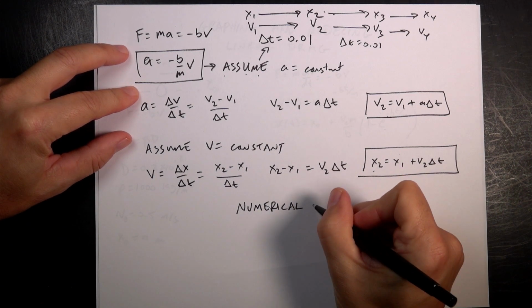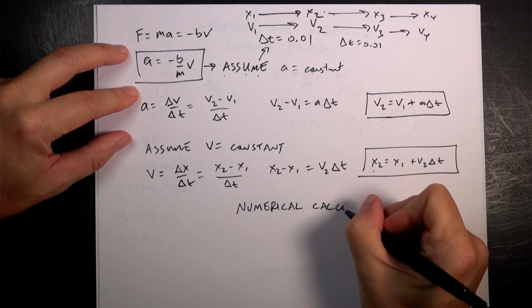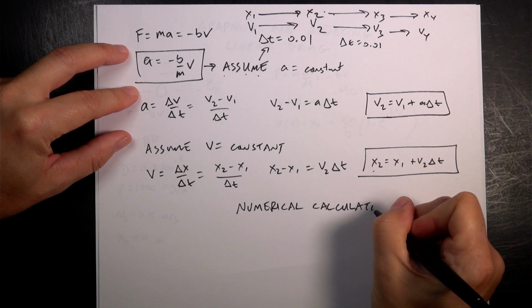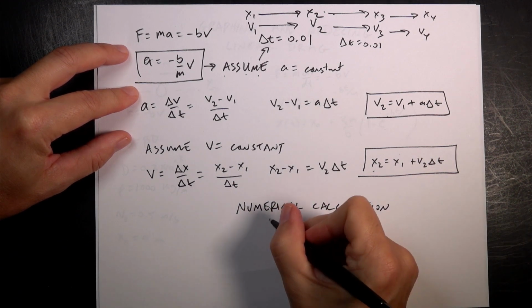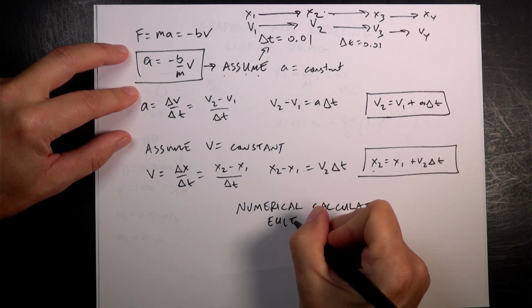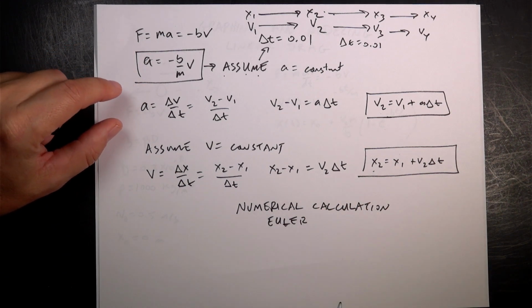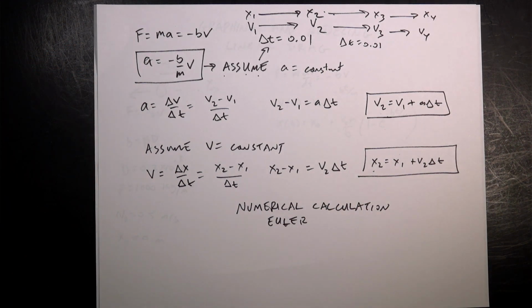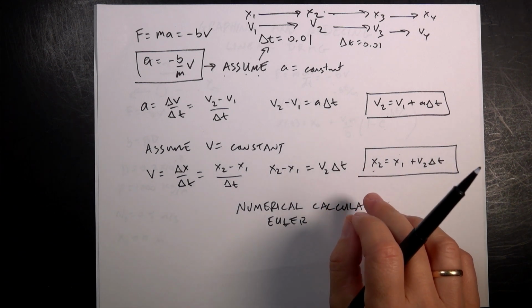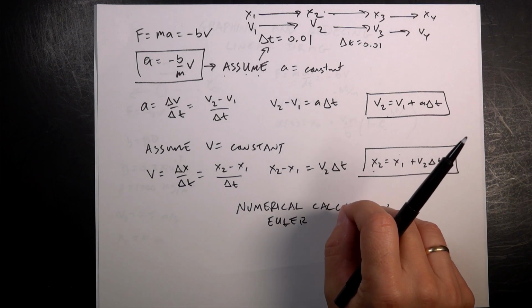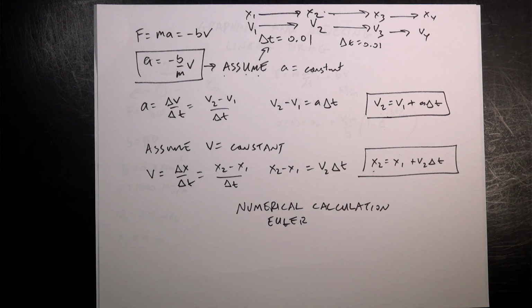Numerical calculation. I'm always afraid I'm going to misspell stuff. And this is the Euler method. And there are different Euler methods. Some people would call this a different method too, but there are more sophisticated methods to solve this. This is a very unsophisticated method, but it works very well and it's easy to understand, so that's why I'm